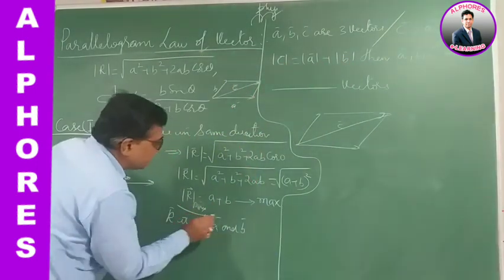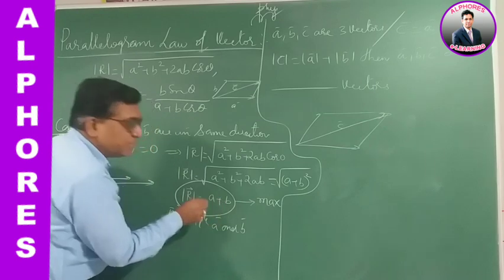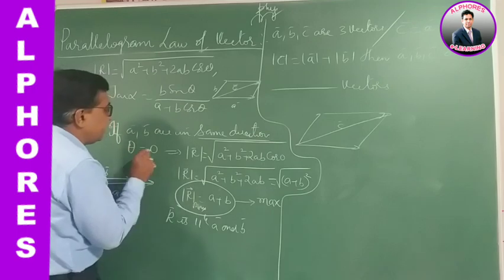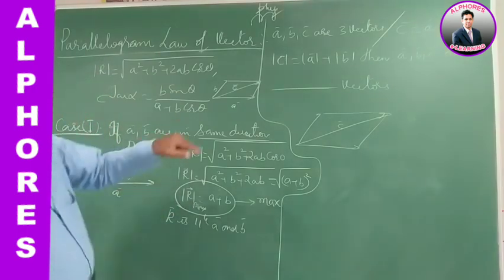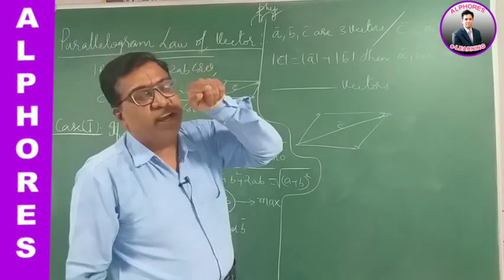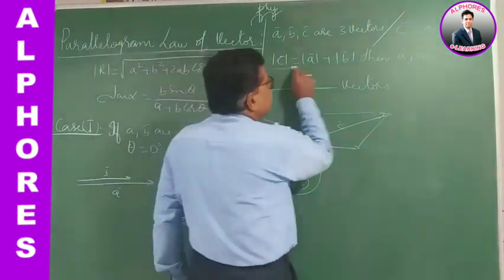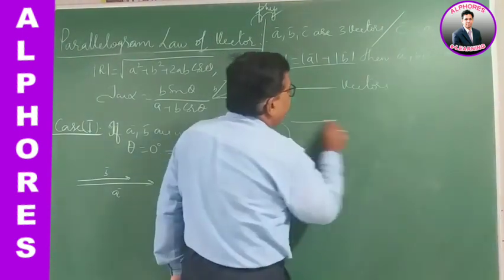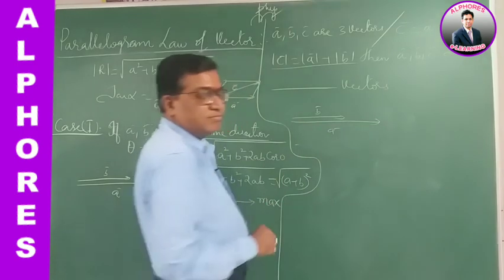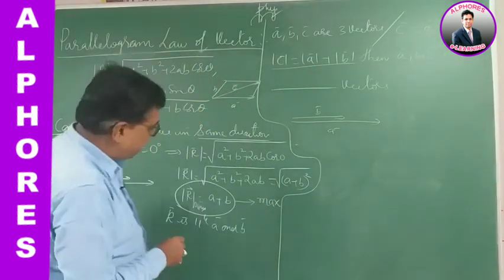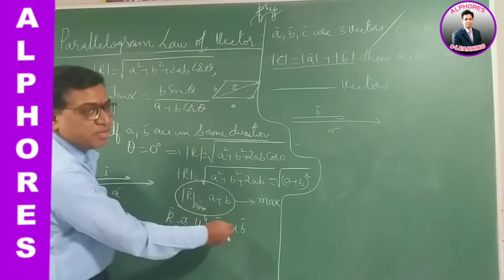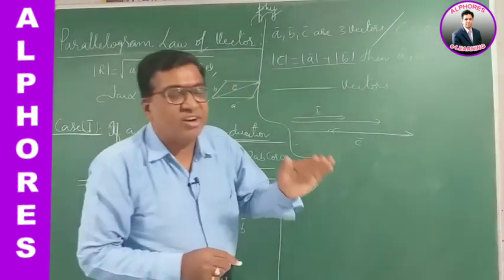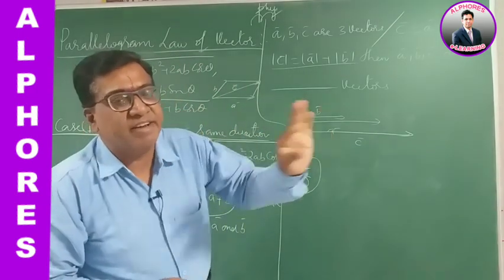Now when is the resultant magnitude equal to the sum of the individual magnitudes? When A and B are in the same direction, when theta is 0 degrees. So this condition is satisfied if A and B are in the same direction. Therefore A bar and B bar are in the same direction. Now how about this resultant C bar? Even the resultant is parallel to A bar and B bar. So C bar is also in the same direction. So A, B and C all are in the same direction. So they are parallel vectors.